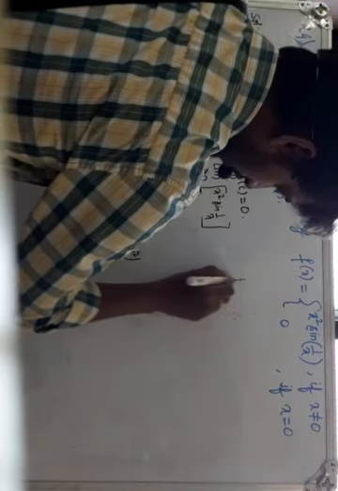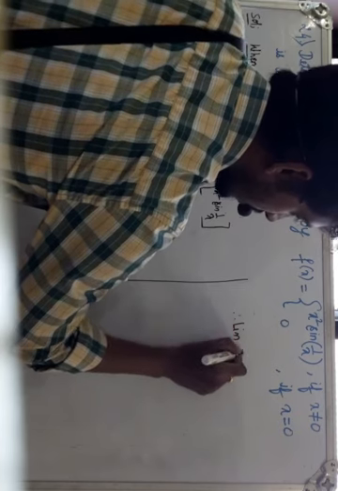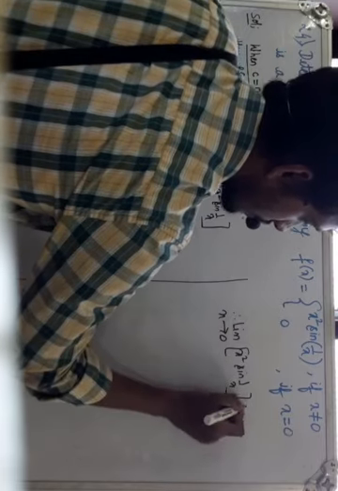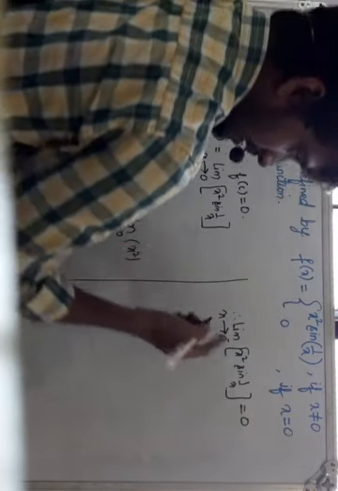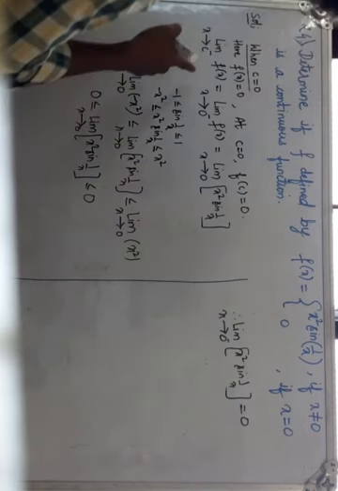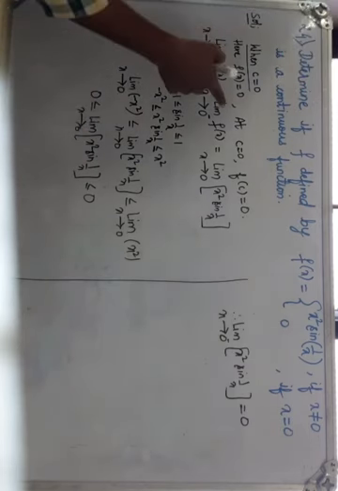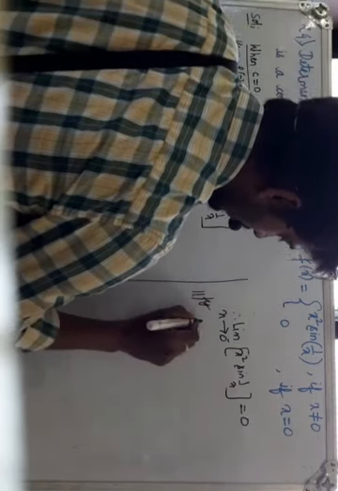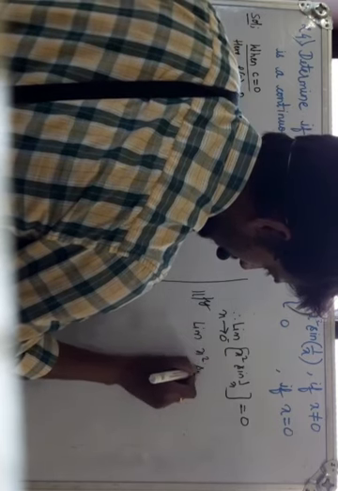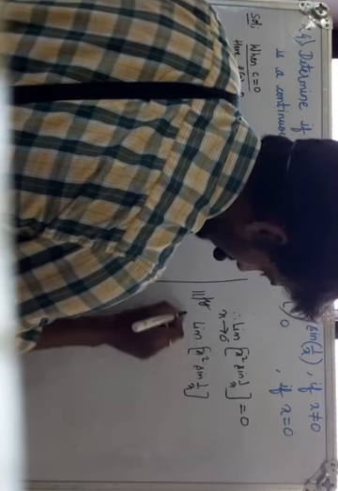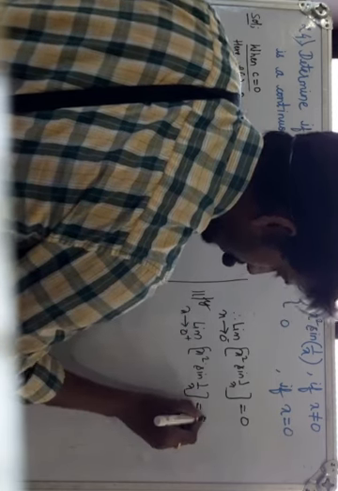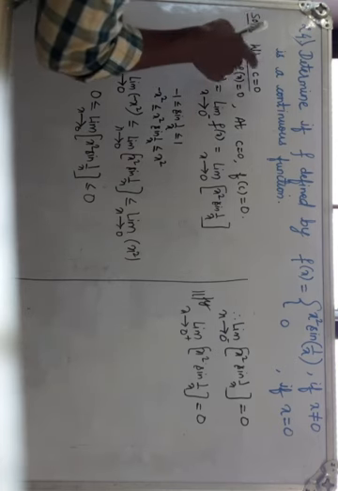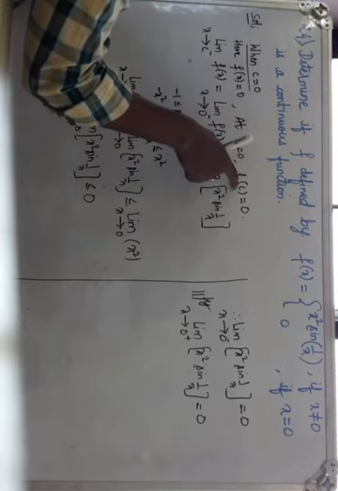Therefore, the limit of the function x square into sine of 1 by x as x tends to 0 is also equal to 0. This is the left hand limit, 0 minus. In the same fashion, you can calculate the right hand limit also. Similarly, the limit of the function x square sine of 1 by x as x tends to 0 plus will also be equal to 0. Hence, from case 1 and case 2, in case 2, the value of the function f of c is equal to 0.